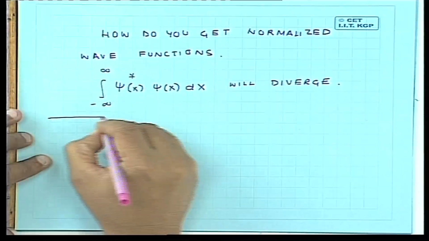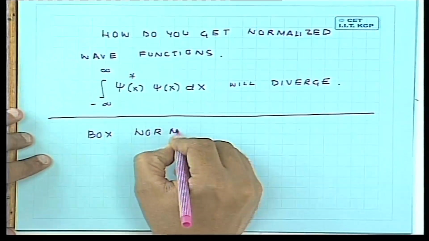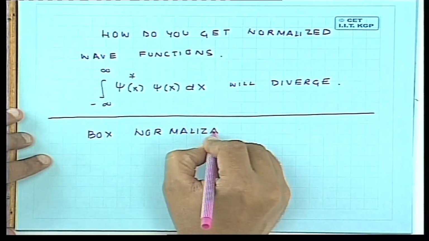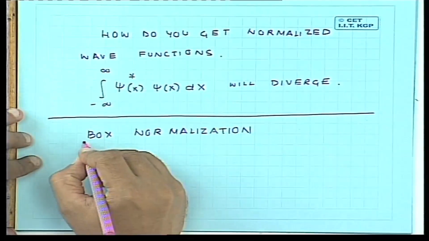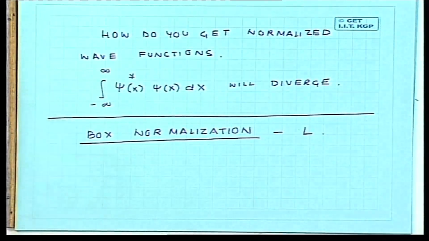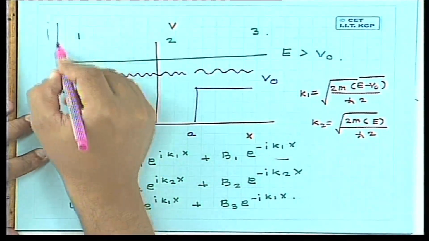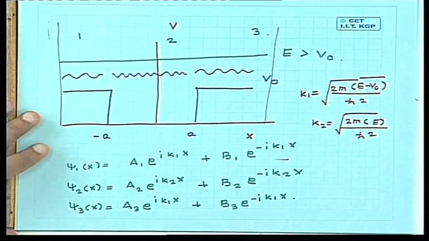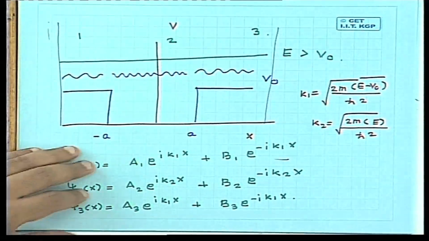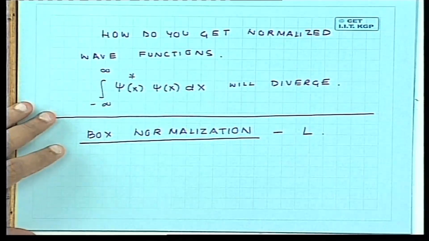So one possibility is box normalization. So you're doing your whole experiment inside a bigger infinite potential well of some length L, which represents the room or the apparatus, the bounds of the apparatus. In this possibility you have to remember that the values of k which are allowed are no longer continuous, there are discrete values of k, but the separation between these discrete values is very small.